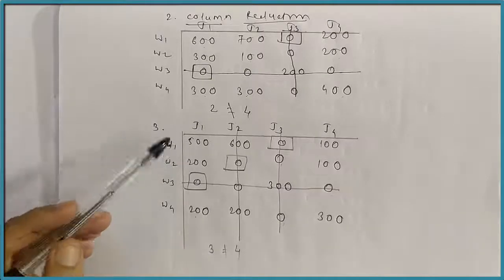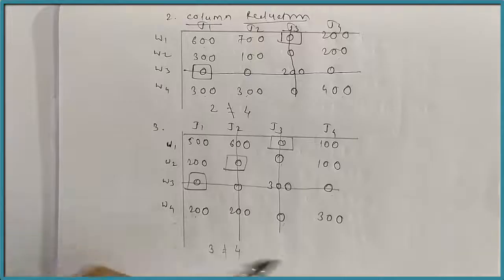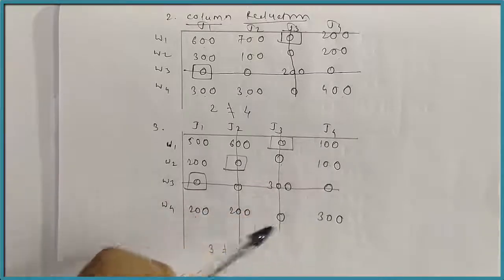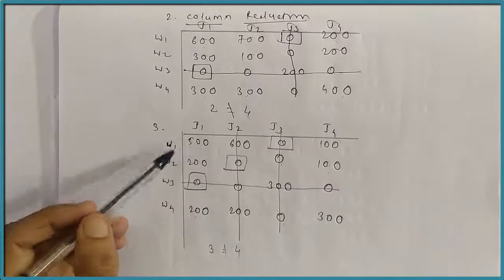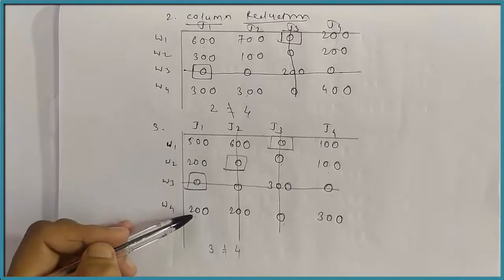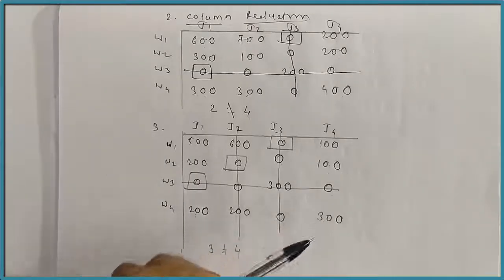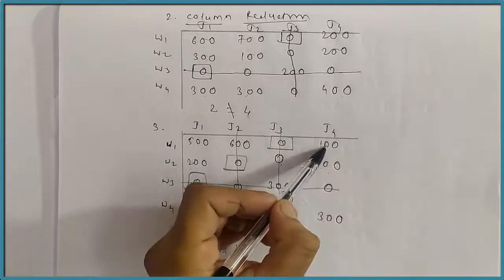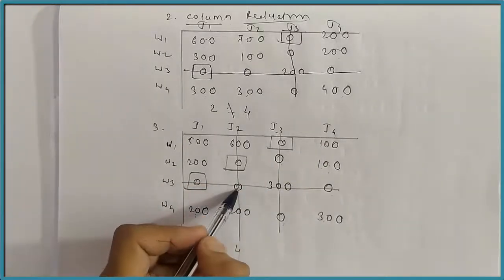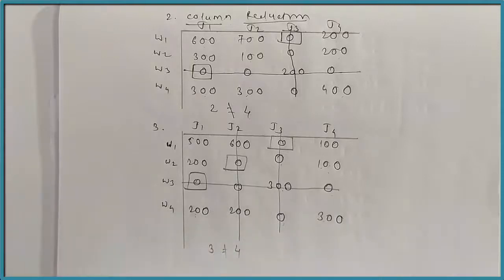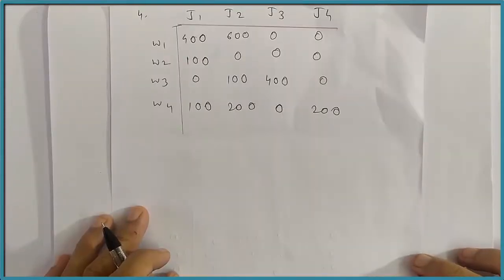Now, in the next step, again we have to identify the uncovered elements in this matrix. The uncovered elements are 500, 200, 200, 100, 100 and 300. Now out of those uncovered, undeleted elements, identify the smallest number. The smallest number is again 100. Subtract this smallest number from each uncovered element: 500 minus 100, 200 minus 100, 200 minus 100, 300 minus 100, 100 minus 100, here also 100 minus 100. And add this 100 to the intersection element. Here 0 plus 100 and 300 plus 100. After this, our resultant matrix will be like this.